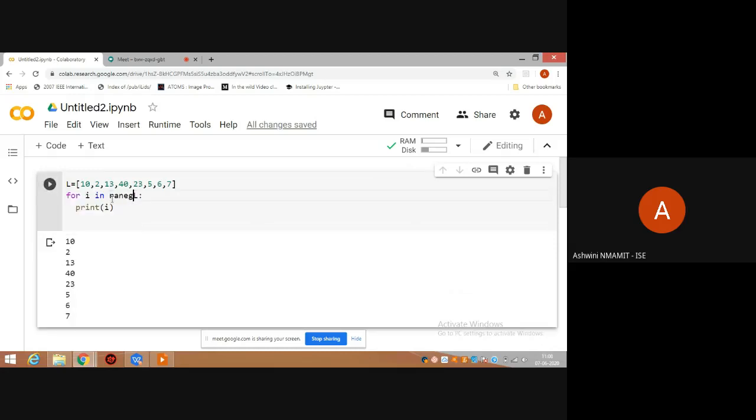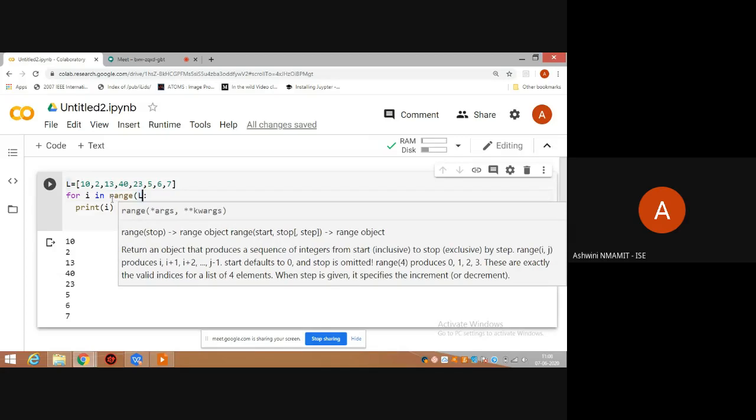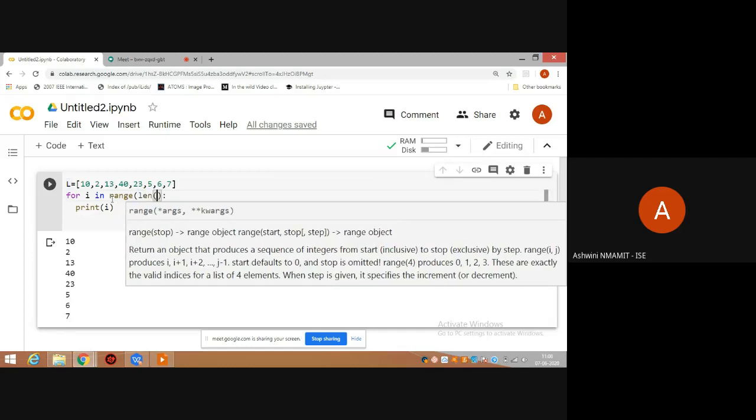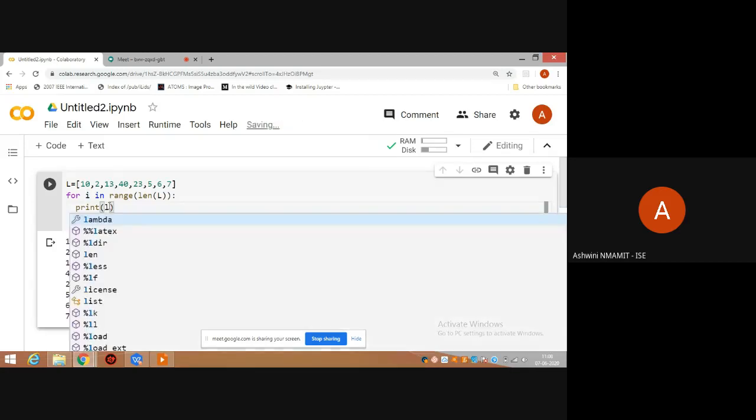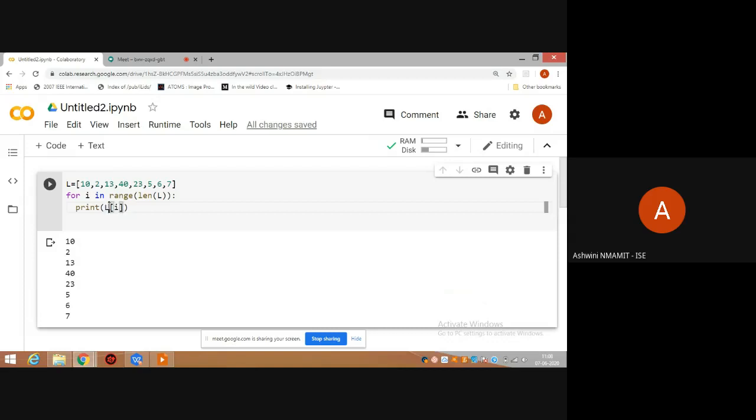I can even give a different way, range of, by now you would have understood the use of range function, len of L. What will this give me? Let me check.